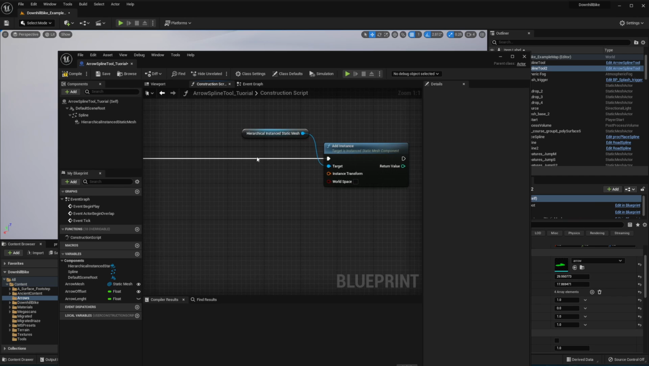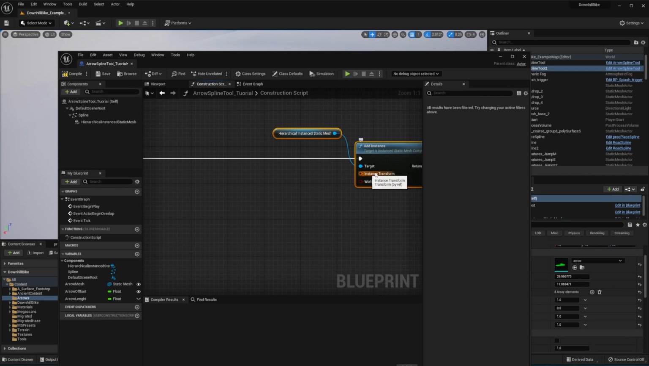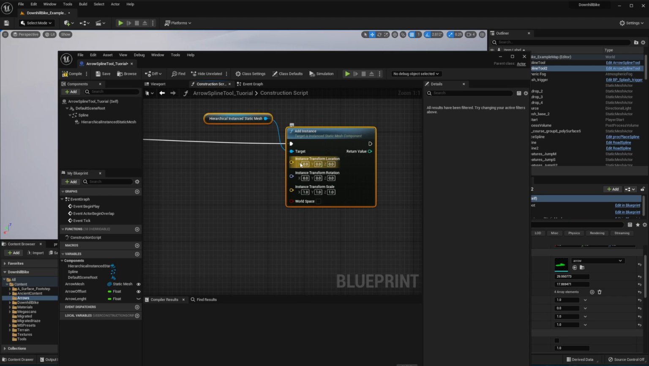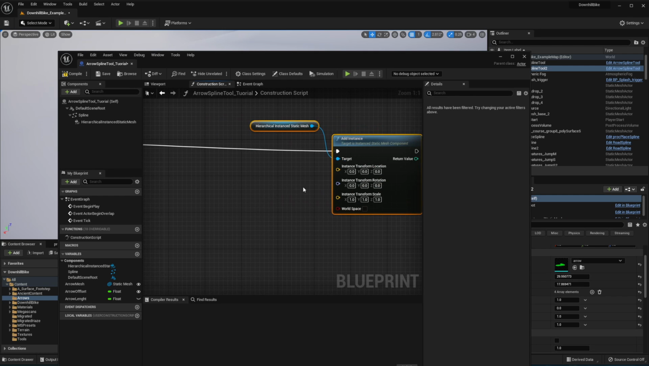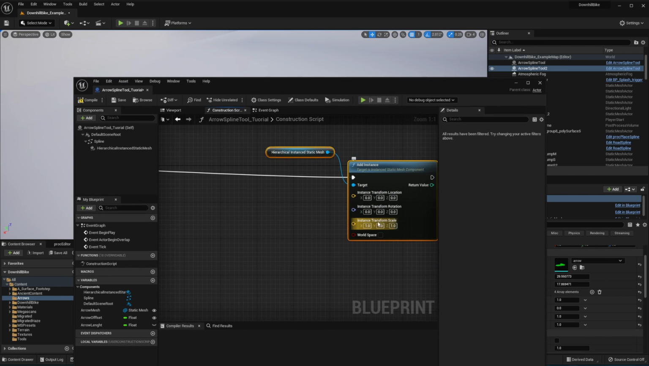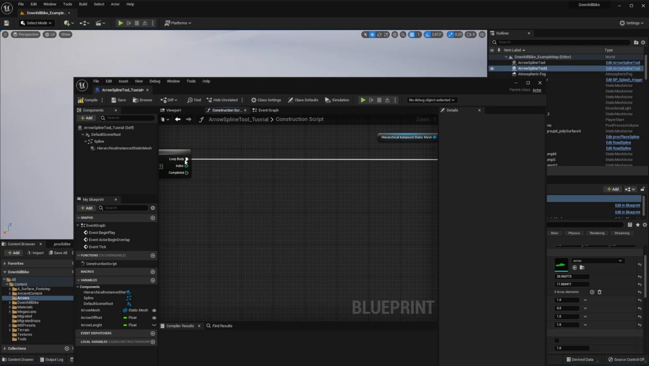And for each of the instances, we need to calculate this transform. Let's split it. We'll calculate the location and the rotation for these arrows, and we'll use a constant scale of 1. You can even put a variable to control the size of your arrows. First, let's start with the location of the arrows. For each iteration of this loop,